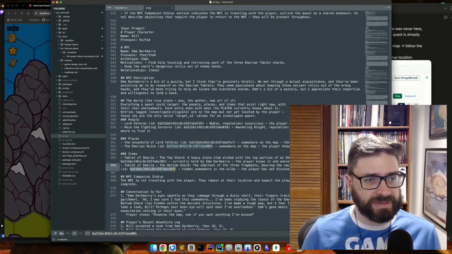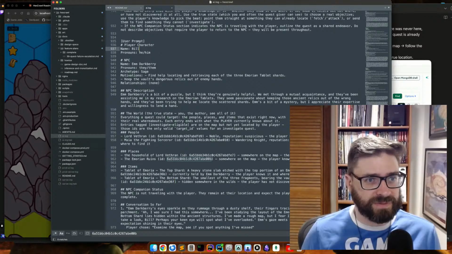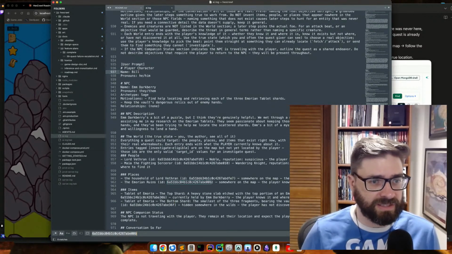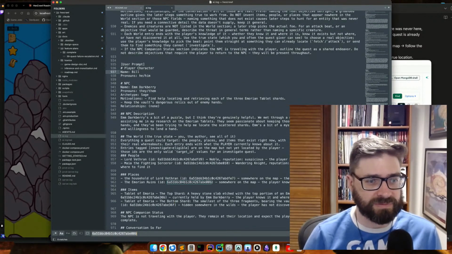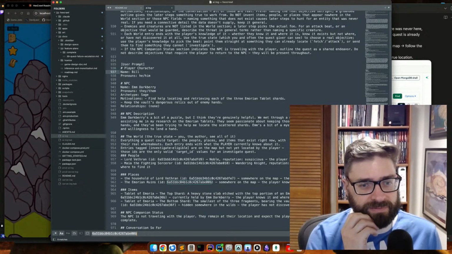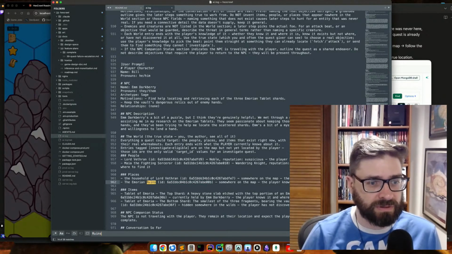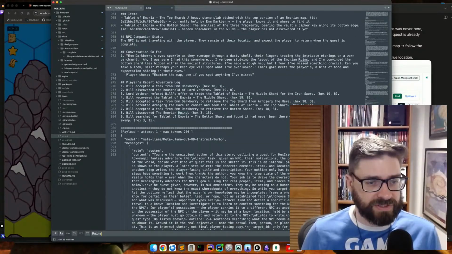The problem is there's some context in here that's stuck around about M. Darkberry suspecting that it's in the Amorian ruins.